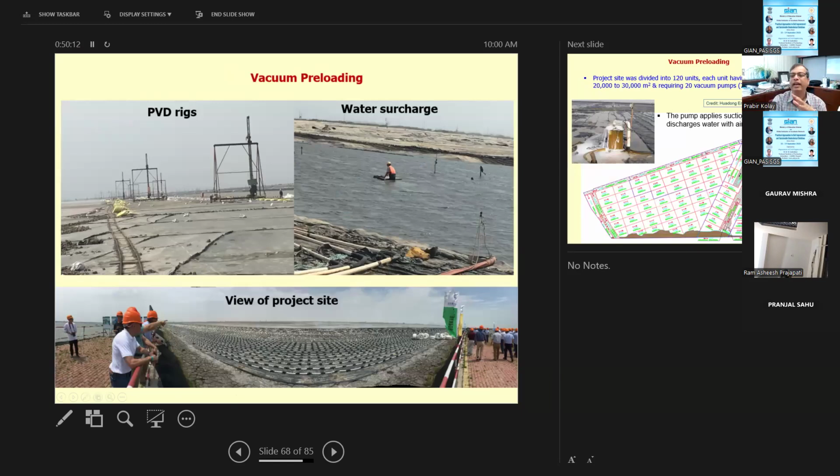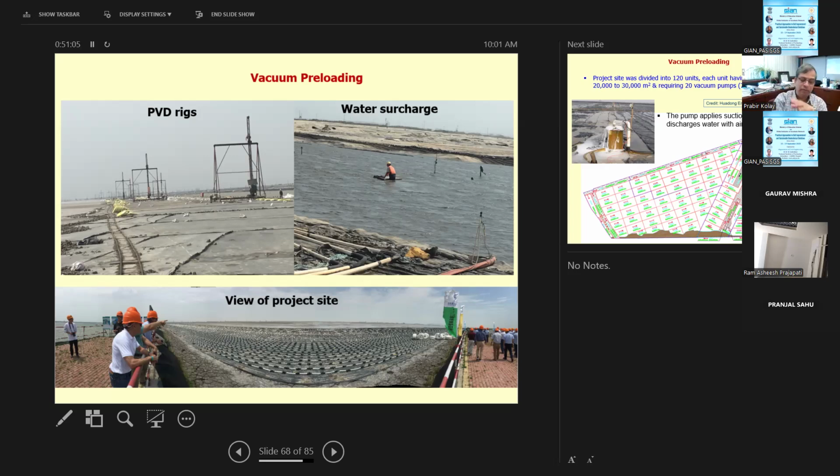It was, you see, very difficult with the water surcharge sometimes. So here is a view of the project in Shanghai, as I mentioned, and it's a huge area. Most of the time, in this project, they took the dredged material from the sea and just pumped it. Ideally it should be sand, but they pump the clay, the slurry and clay water, and then they want to do construction on that type of area. So we have to do the PVD and the vacuum pre-consolidation. You cannot apply a huge surcharge load on top of the soil because it cannot take that load. So that's why they use the PVD and the vacuum consolidation